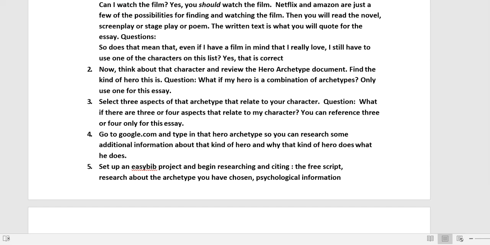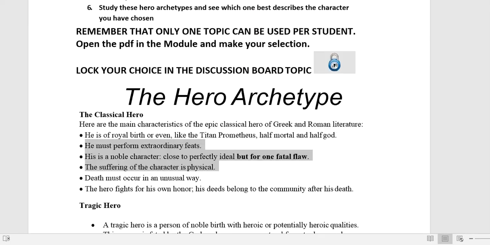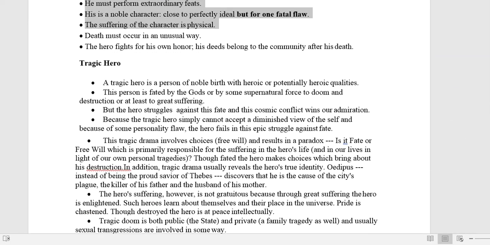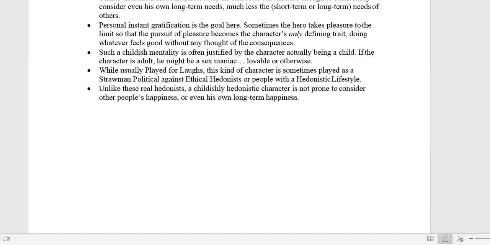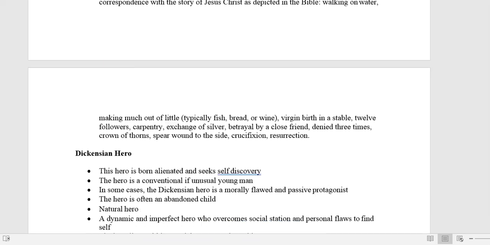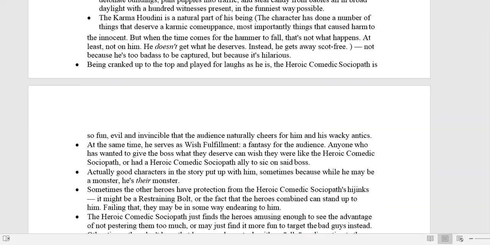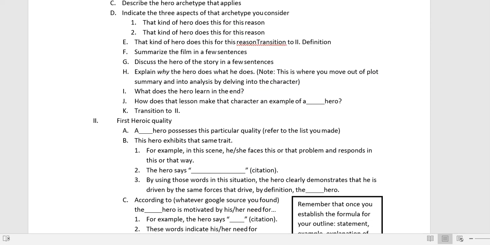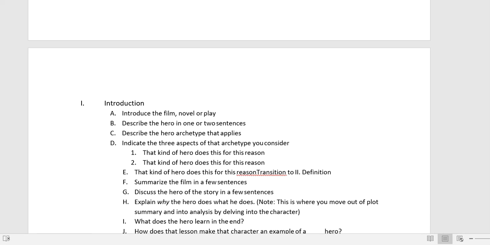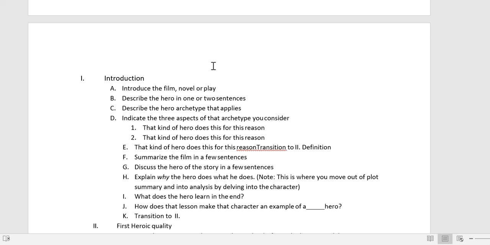Coming back over here to the assignment PDF. As soon as I've made my decisions and I've conducted my research, I'm ready to start writing my outline. I've given you a template to go by. This is not something for you to simply copy and paste and turn in, but for you to completely fill out and make detailed in your own words. And there's a tutorial on outlining, so you're going to want to go over this. I'll have another detailed tutorial on this part of the process of writing this essay. But this is a good start to get you going. And that concludes this tutorial.